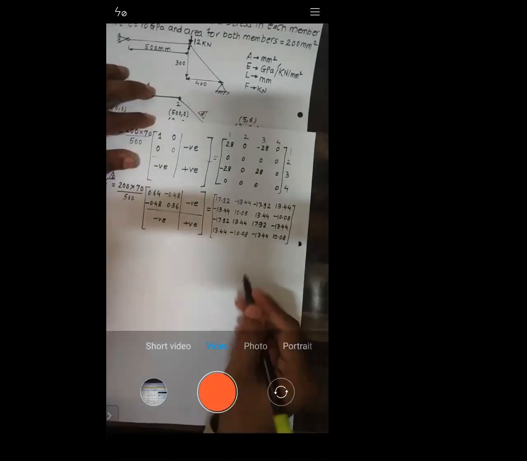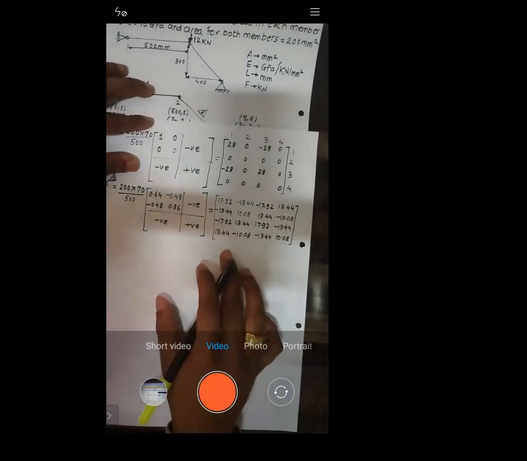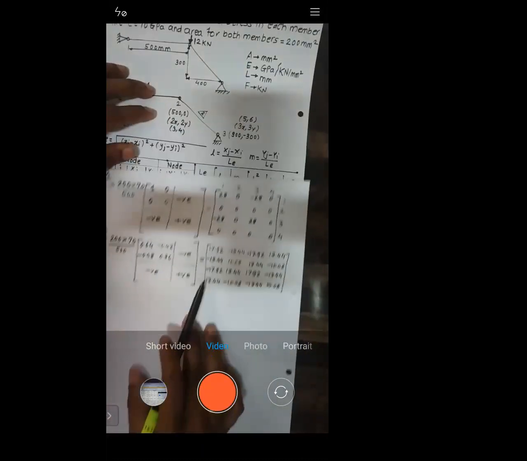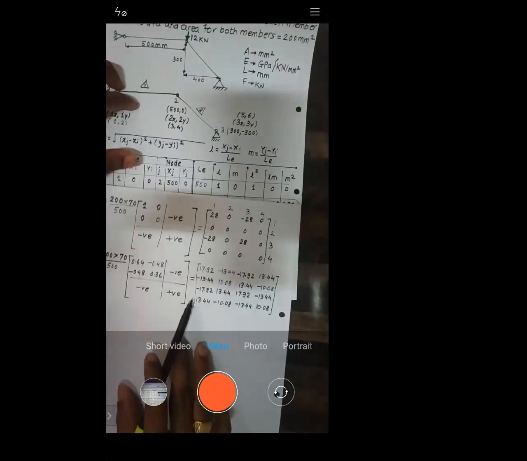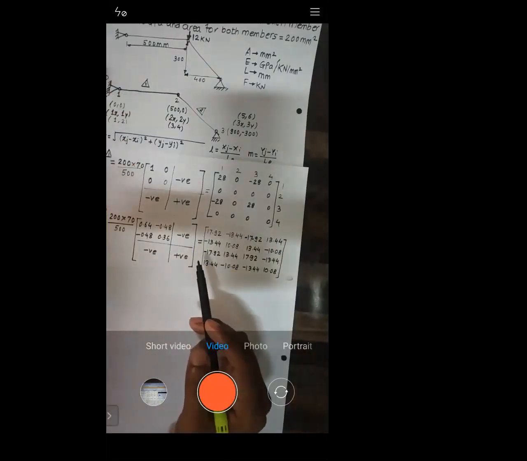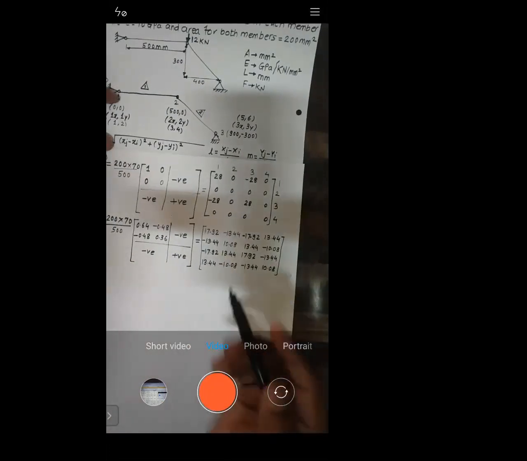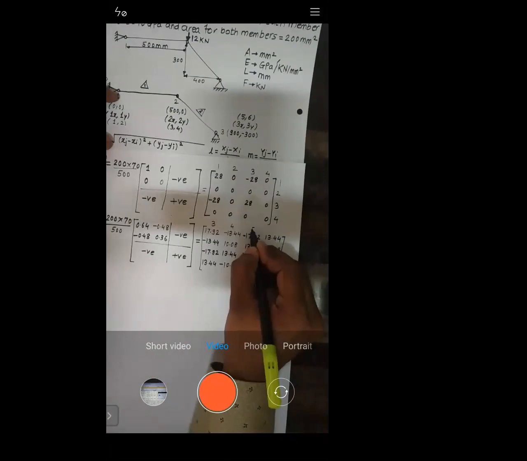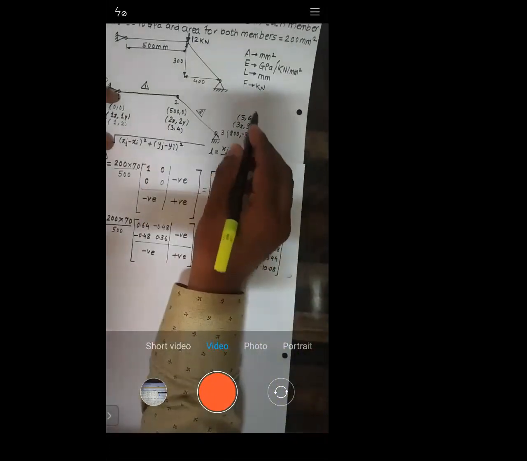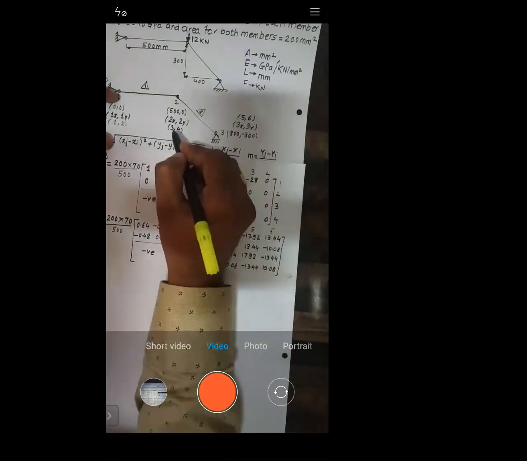Okay, so this is what is written. Now next step is very important. You need to assign it like this. So can anybody tell me what numbers I should assign to rows and columns? 3, 4, 5, 6. See, for this one it is 3, 4, and for this one it is 5, 6. See, this 3 has a meaning. What is the meaning of 3? Node 2 can move in X.